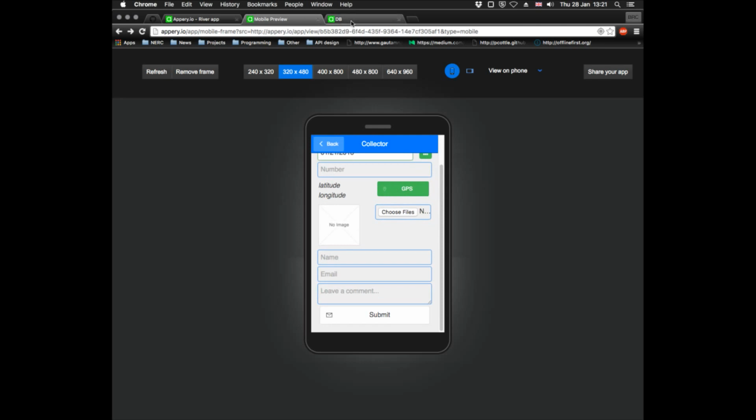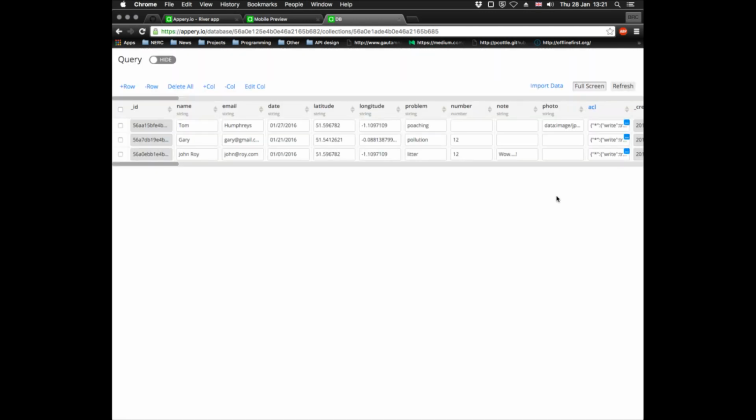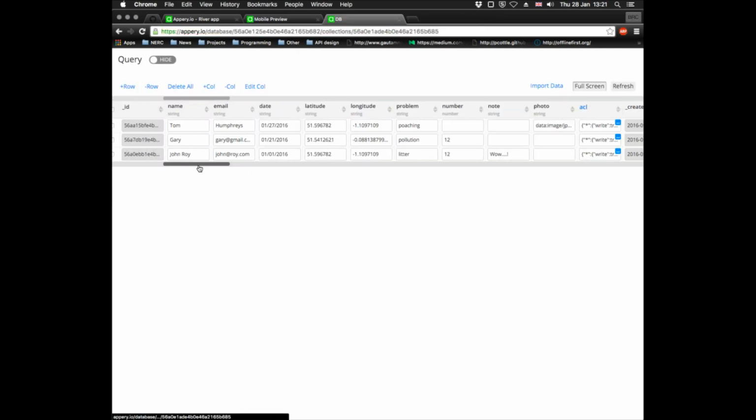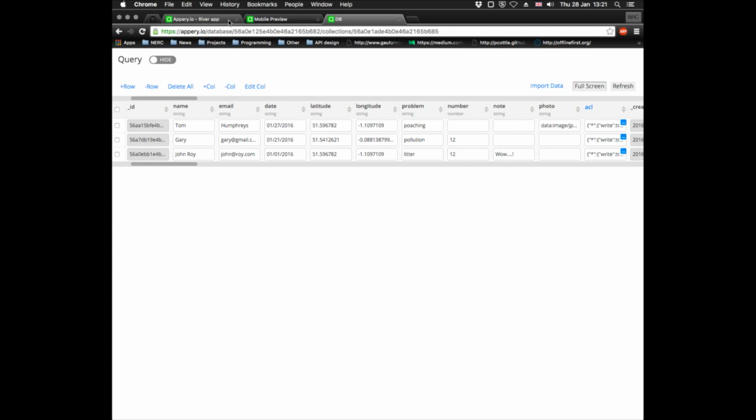The form has been cleaned again, and if we go to the database and click on refresh, it shows here that there is some information in the photo section. Well, it looks like gibberish to our eyes. It is a string really, but if we copy that and drag and drop it onto a new tab, we can see the image itself. So what that means is that string is an image that is just differently encoded in the background. So we have that image stored here, and then we can later map it onto something else, like our collection